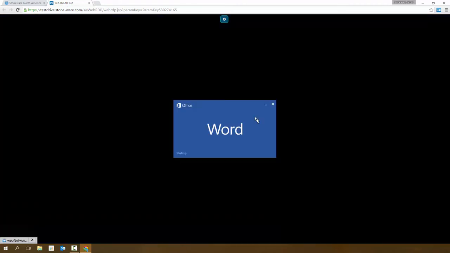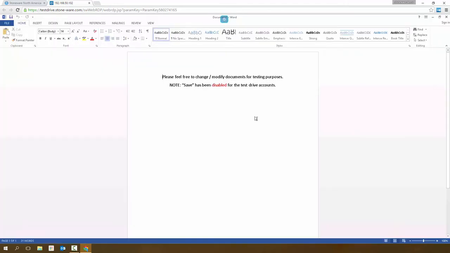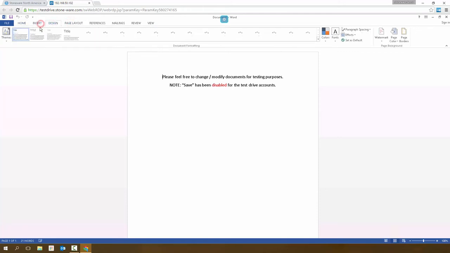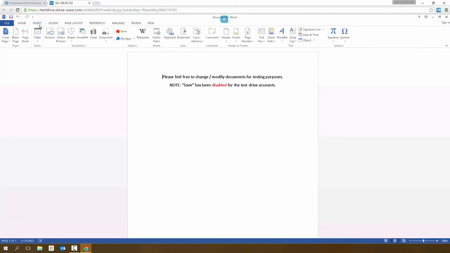it's creating that remote desktop session on that server. It's logging me in automatically because it already knows my Active Directory credentials. And in this case, we're launching Microsoft Word. So this is the full Windows version of Microsoft Word running in a remote desktop environment. So now I can use this Windows application just as I would normally use it on my own local device, but I'm doing it in a remote desktop session. So this could be an application that's only accessible from within my corporate network. So now I can have remote access to it from any device because again, this is an all-in HTML5 based